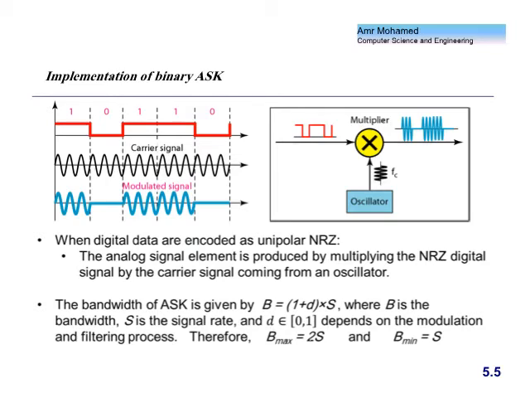Okay, so instead of doing that, I'm going to consider that my channel is bandpass and I'm going to send an analog signal. So in that case, I'm going to send the signal as a composite modulated signal using the sine wave. So this oscillator will create the sine wave with fixed frequency, which is the Fc. And then if the data is 1, I'm going to pass the signal as is. If the data is 0, I'm going to pass 0. As simple as that. So the implementation is very easy.